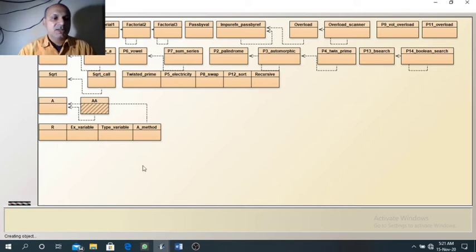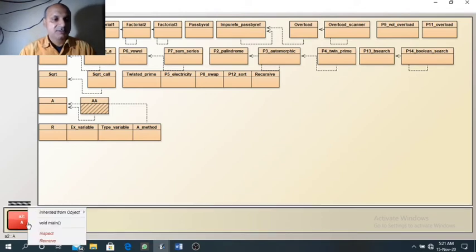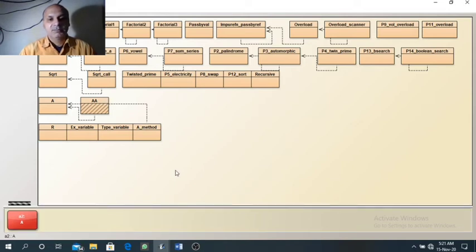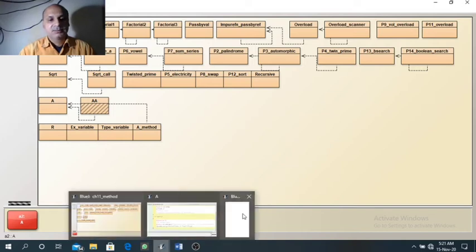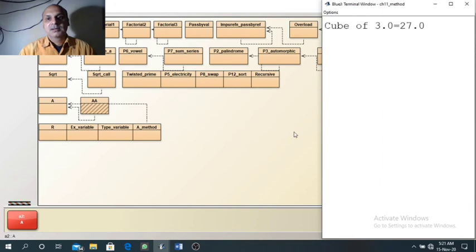Now when object is created, we can right click on the object and run the main method. Now you can see the result on the terminal window. Cube of 3.0 equal to 27.0.